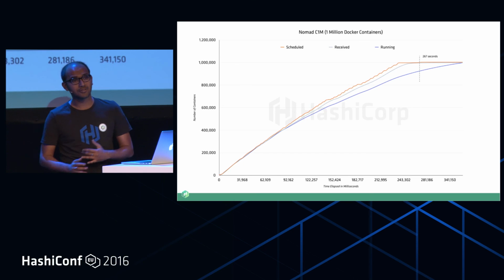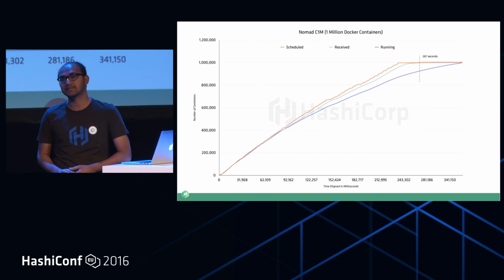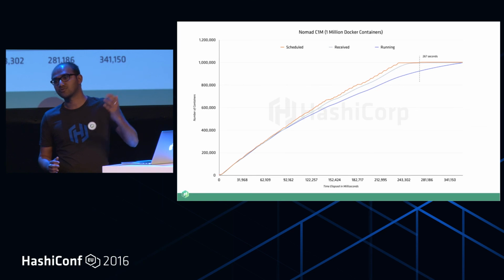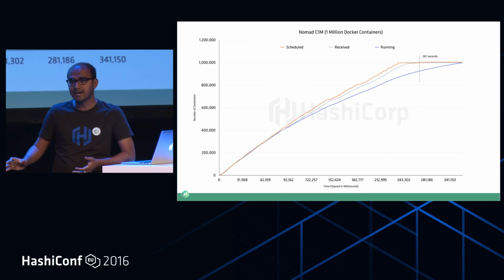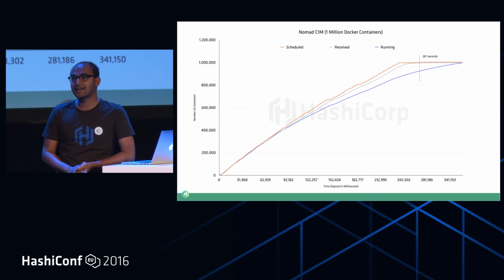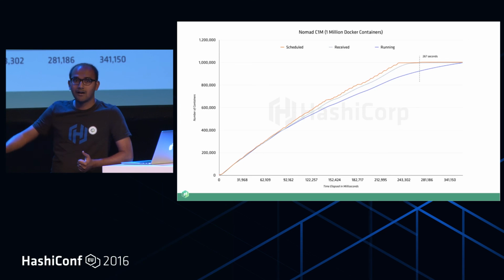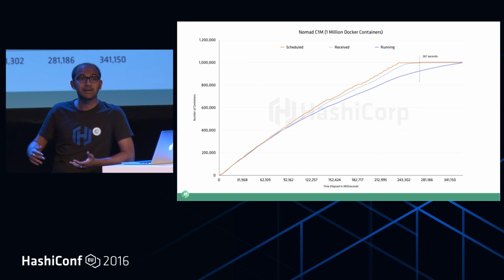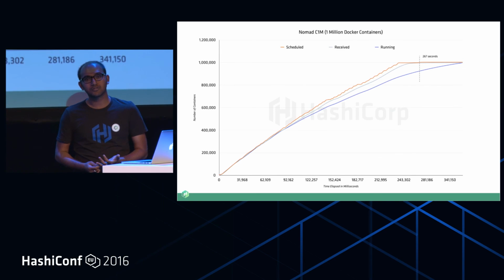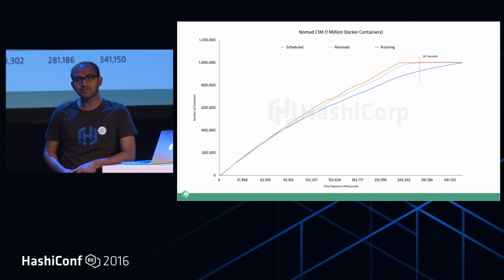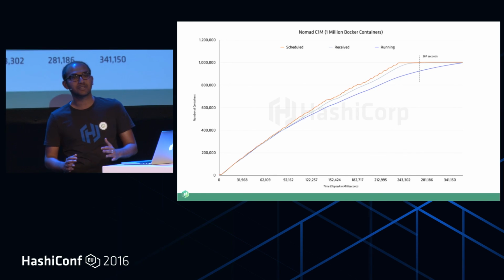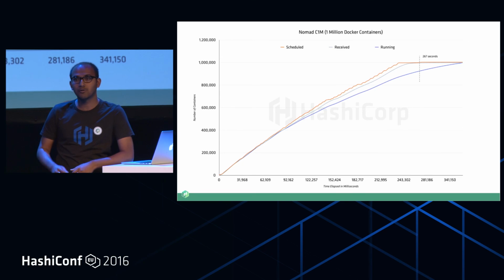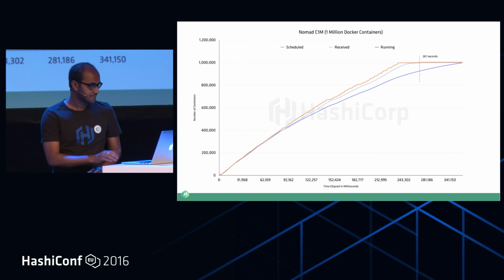And while we did that, it was not super easy. We optimized so many things throughout the system. We optimized the RPC mechanism. We optimized how we store Raft logs on our disk. We optimized how API responses are returned. So we optimized a bunch of things throughout our journey of running 1 million containers on Nomad. A lot of times you might think that you don't need 1 million containers in production, but rest assured that if you ever need 1 million containers, Nomad should be able to handle that scale.